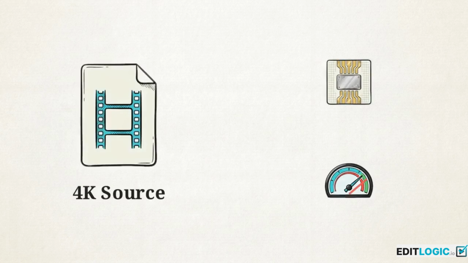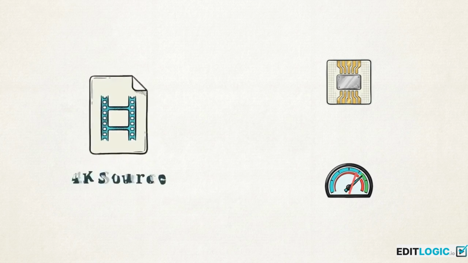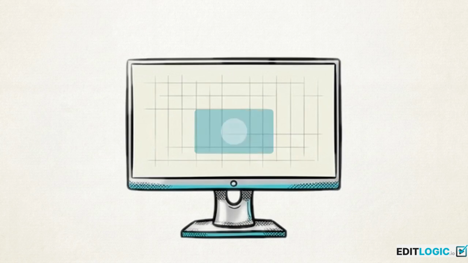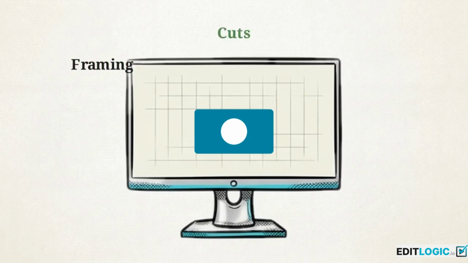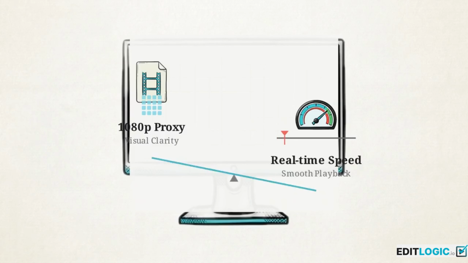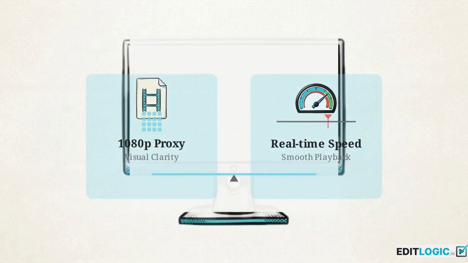For an older laptop without a dedicated GPU, choose the lowest quarter resolution, roughly 960 by 540 pixels. Because your preview monitor is small, this remains plenty sharp enough to accurately judge your framing, cuts, and color. For mid-range desktops with dedicated graphics cards, the half-resolution 1080p option offers a perfect balance of visual clarity and playback